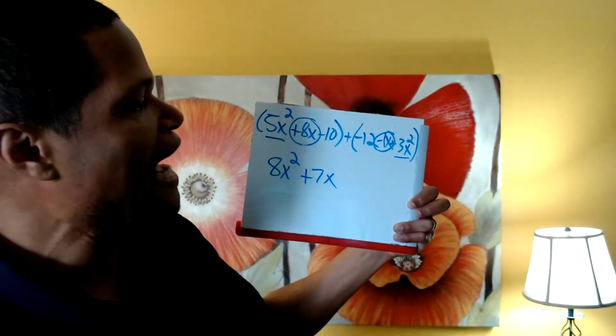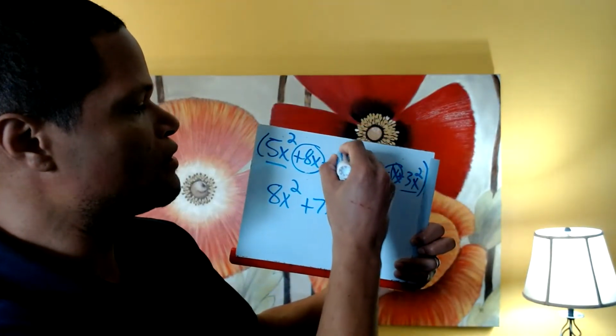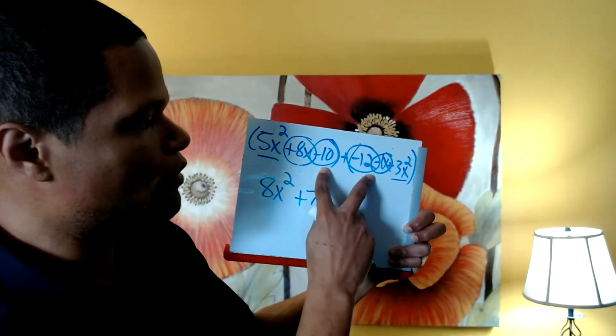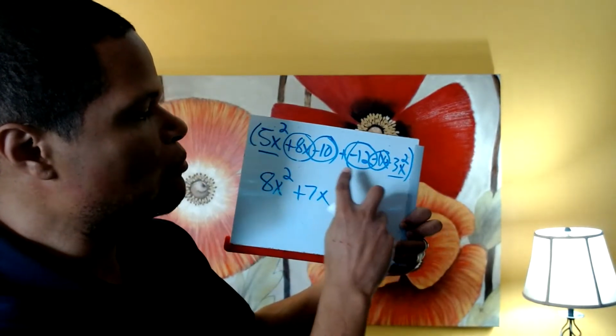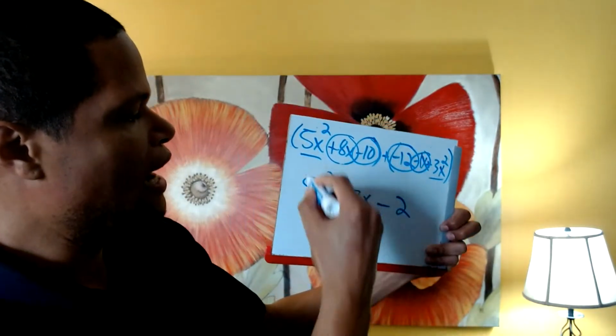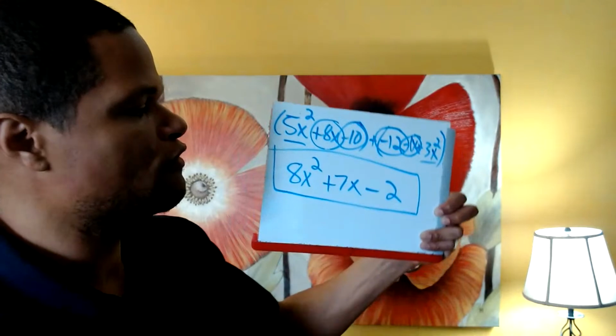There you go. Lastly, we'll look at what we call our constants, the 10 and the negative 12. In other words, the two terms that don't have a variable part at all. So positive 10 plus a negative 12 is minus 2, and so I do that at the end. I'm going to put in a big rectangle the final answer here.